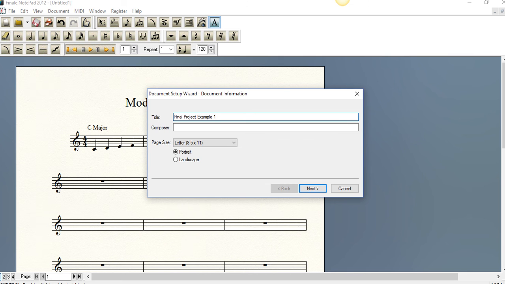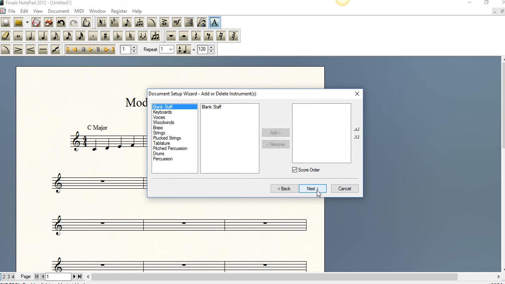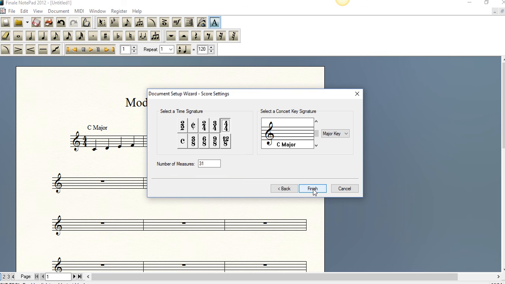Example 1, and you can retitle this later with a more creative title, or if you already know your title, you can go ahead and put that in. Use your last name, keep it on portrait, go to next. I would do blank staff, add, next. All right, so we're going to be in the treble clef here, 4/4 time, and this is where you